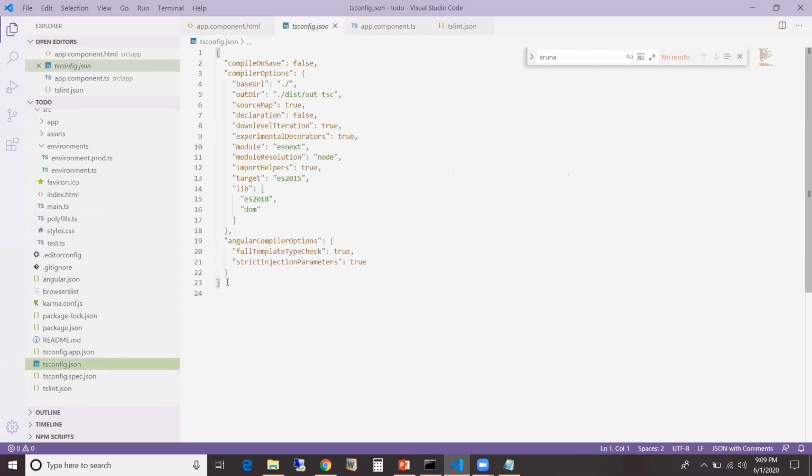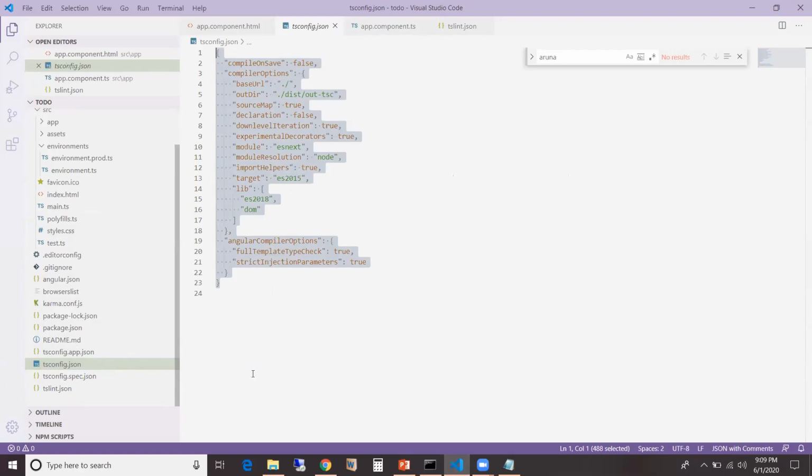The browser does not understand TypeScript. It only understands JavaScript. So that means the TypeScript must be translated to JavaScript. And this tsconfig.json helps the compiler to convert TypeScript to JavaScript. So that is about the tsconfig.json file.